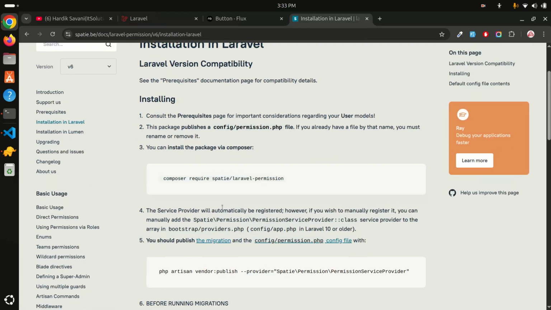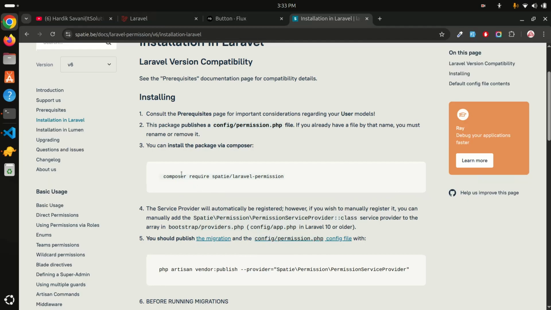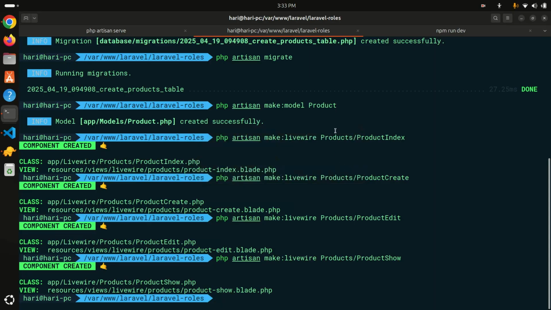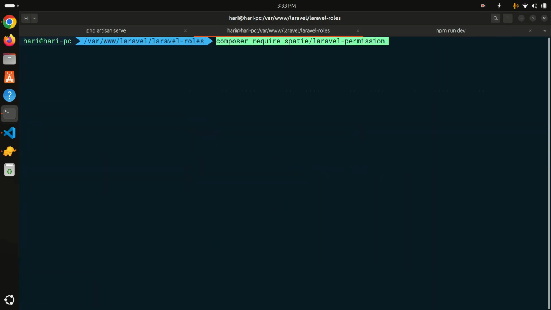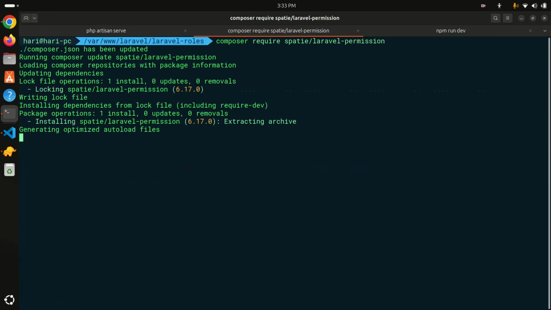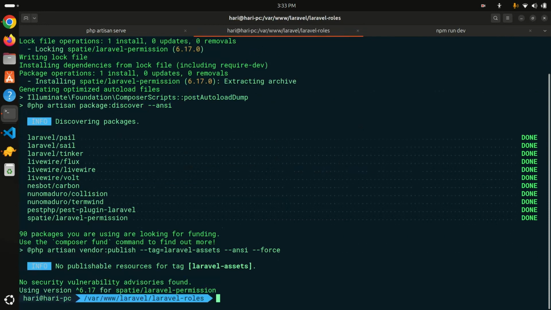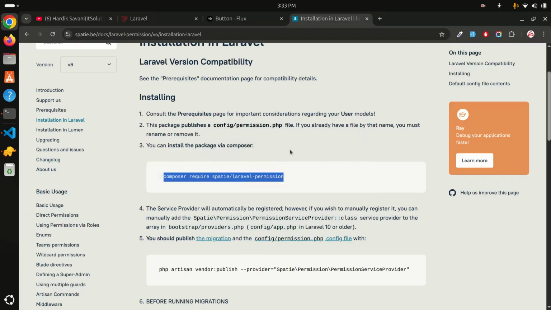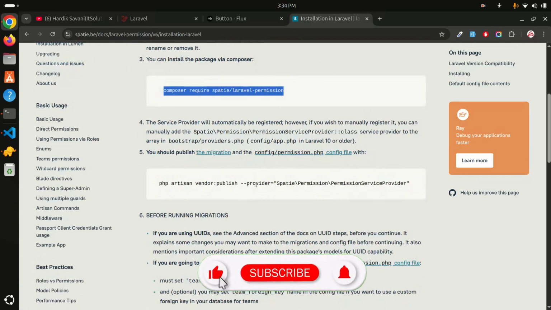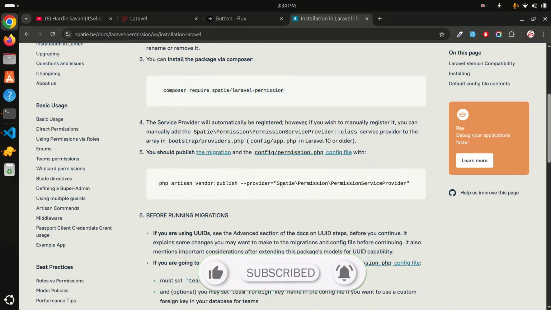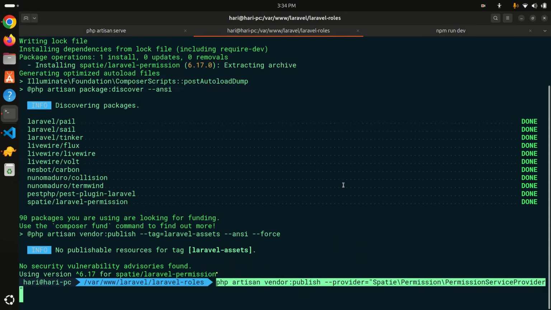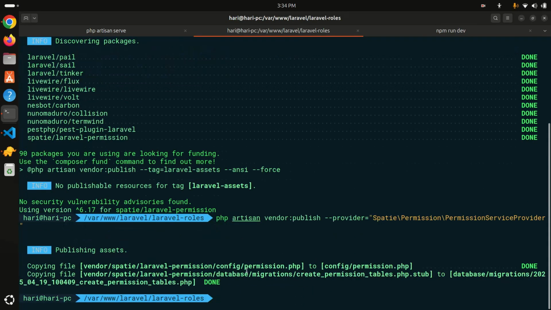Okay, so first of all, to install the permission package, we need to use this command to install the Laravel permission package. So copy it, let me clear the terminal and paste it. It will take some time to install the Spatie Laravel permission package. That will help us to manage roles and permissions and so on. Now you can see that it's installed, and the next command is to publish the configuration file. So that means the configuration file and migrations file. Okay, copy this and just run it, and you can see that it created this